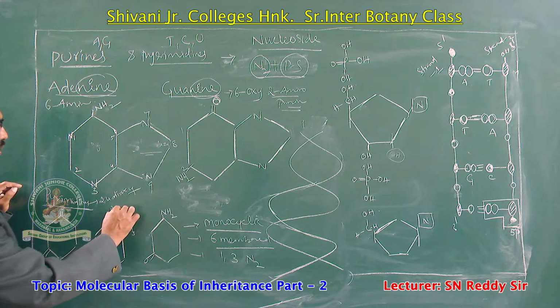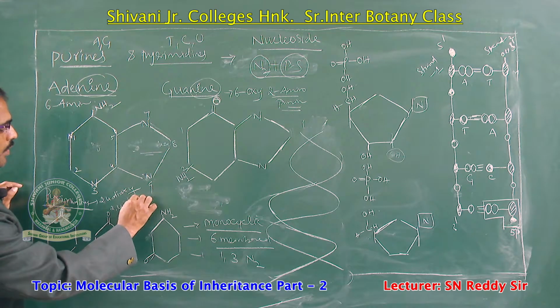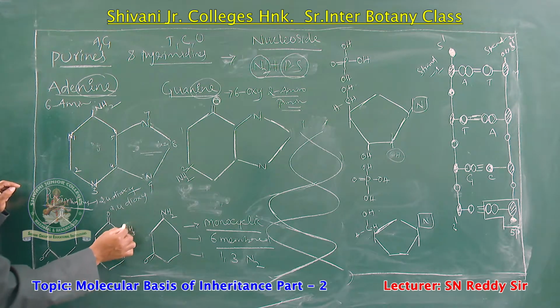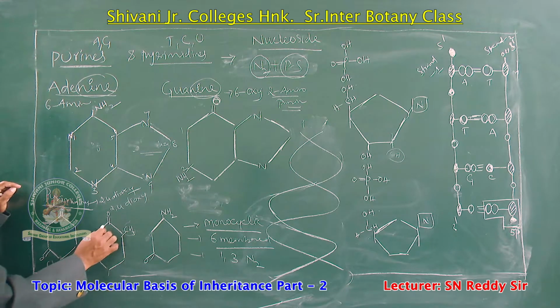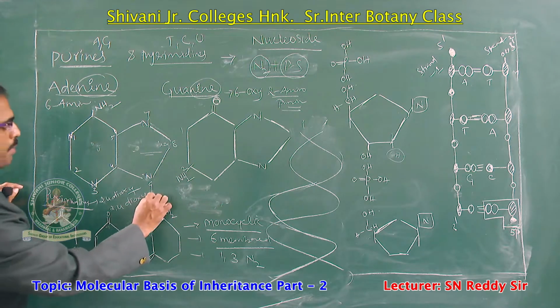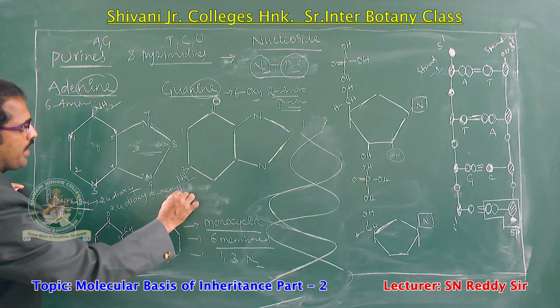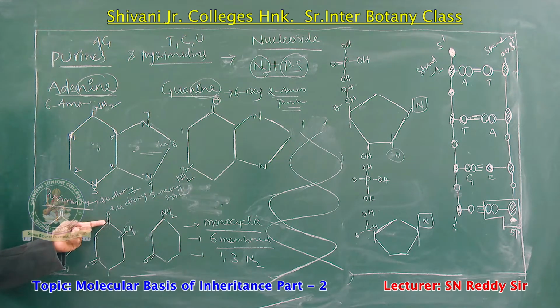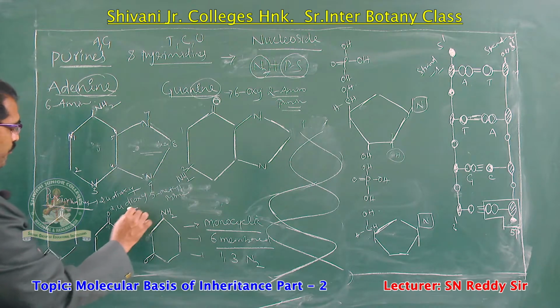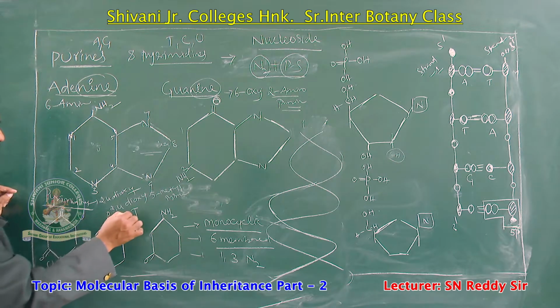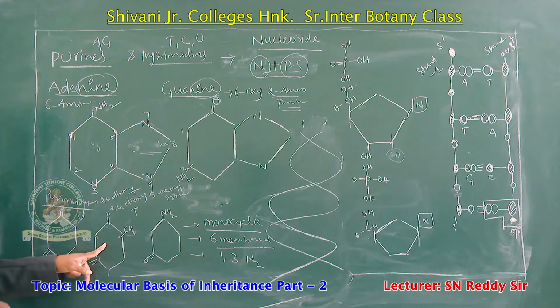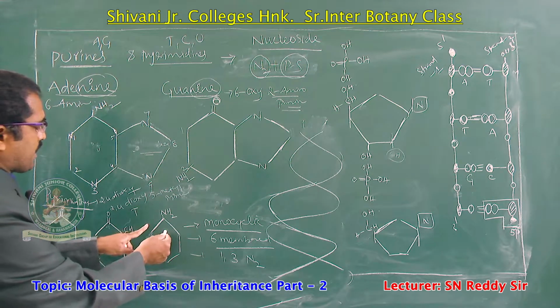Okay, in the case of thymine, you see only a small change. 2,4-dioxy, same, 5-methyl, 1, 2, 3, 4, 5, 5-methylpyrimidine. 2,4-dioxy-5-methylpyrimidine is the thymine. Okay, this is the uracil, this is the thymine. The remaining last one is the cytosine.